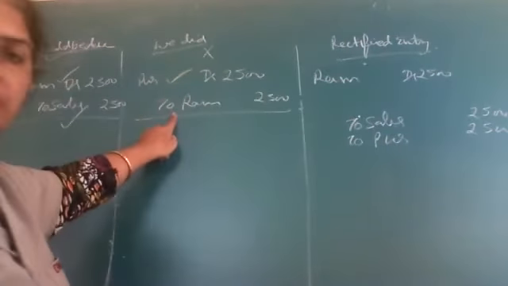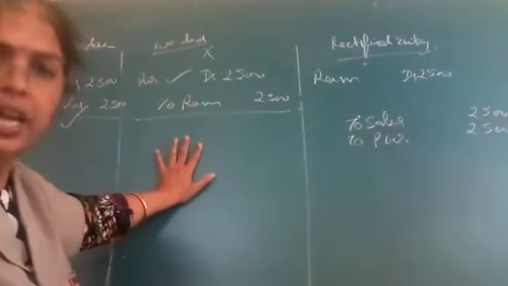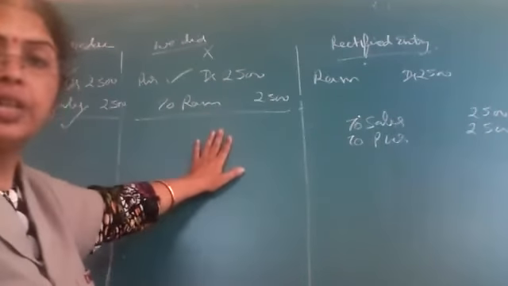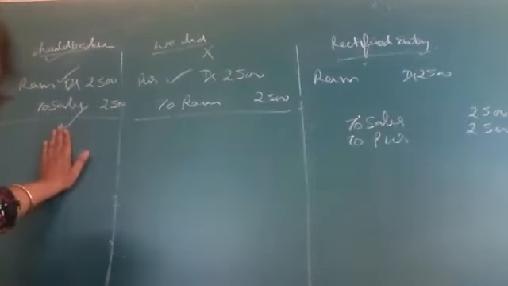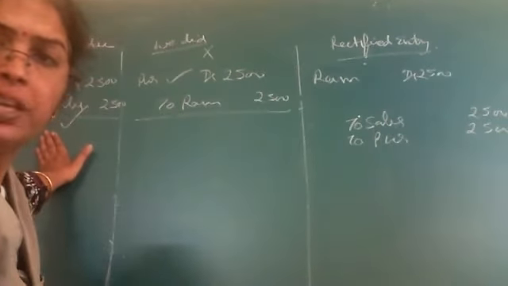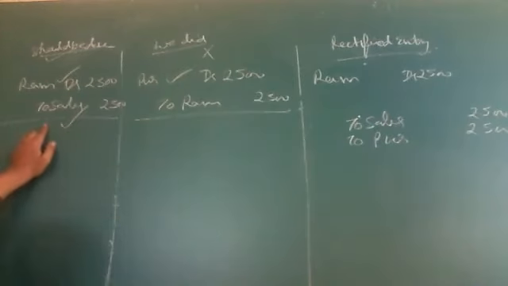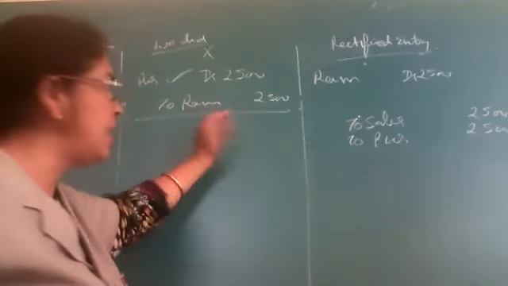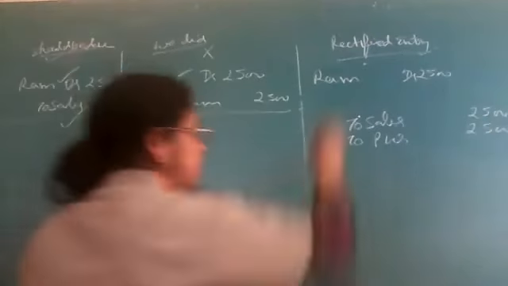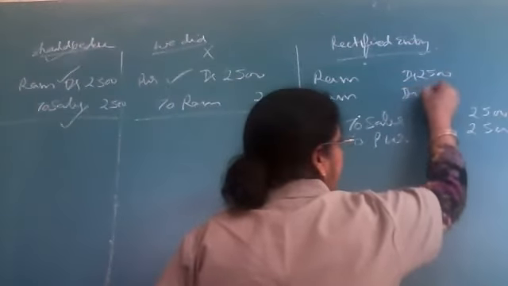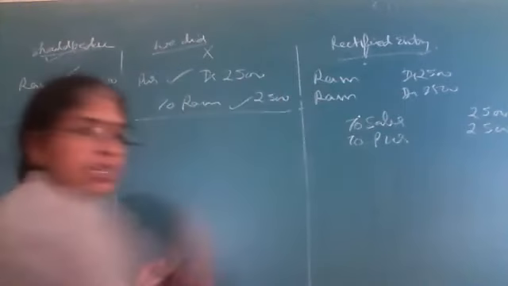Now the fourth one is left. As per what we have done, that is credit Ram. See, should Ram be credited? No, it should not be credited. So Ram will be cancelled. Let's cancel Ram. It was wrongly credited. We will cancel it. Ram debit 2500. This part is correct.